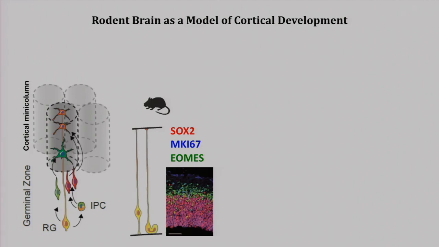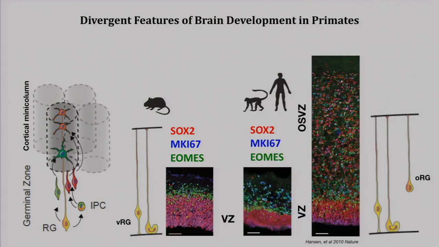Thanks to many of the genetic studies performed mostly in mouse, we've identified some of the markers that allow us to visualize these radial glia cells, and also transient amplifying populations of intermediate progenitor cells that amplify the number of neurons generated during development. When you compare that situation with the human cortex, however, you see quite a lot of differences. In particular, earlier stages of development are very similar to those in a mouse. Shown here in red are radial glia cells, and shown in green are intermediate progenitor cells. And early in development, these two pictures look very similar.